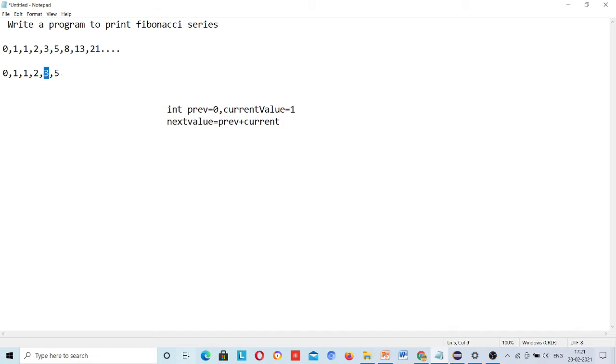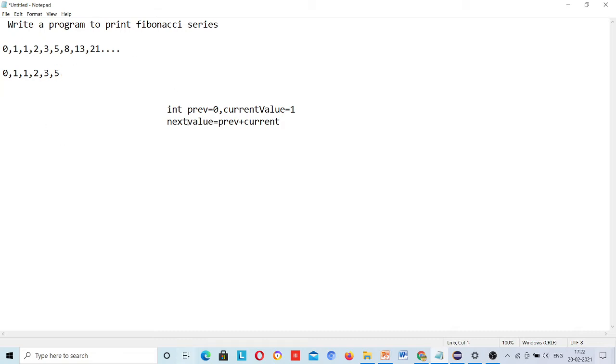Whatever the current value was became the previous value, and whatever the previous value was, we need to ignore that. Here you can find that 3 plus 2 is equal to 5. Now the next number is your current value.